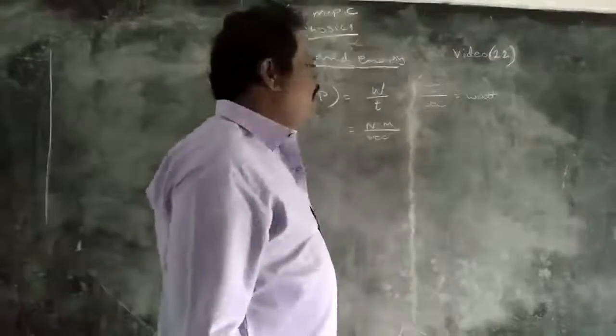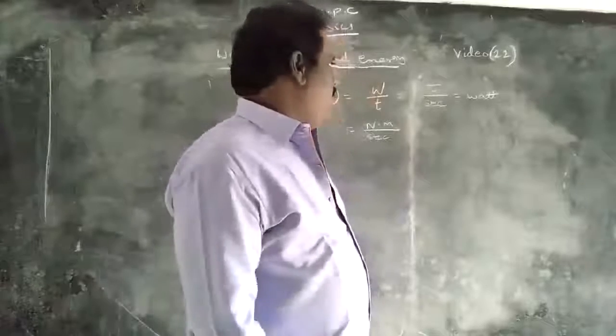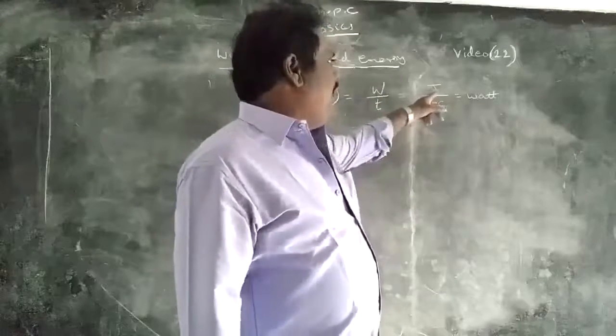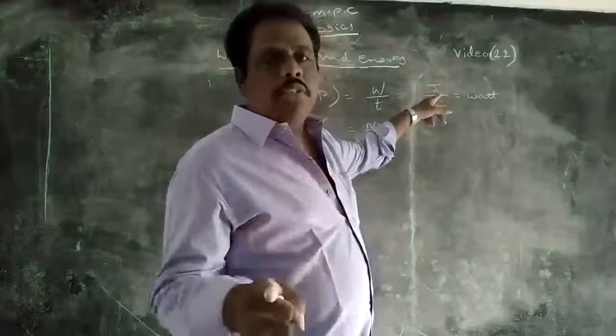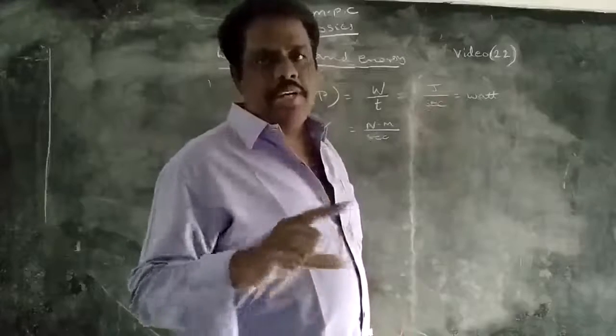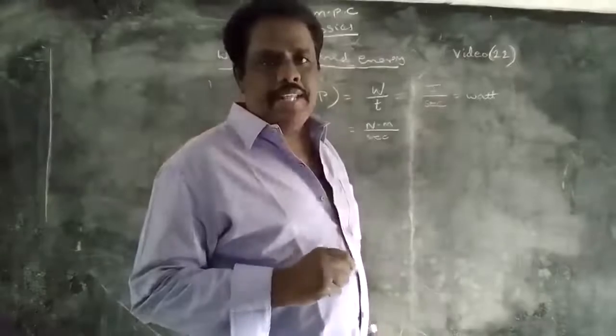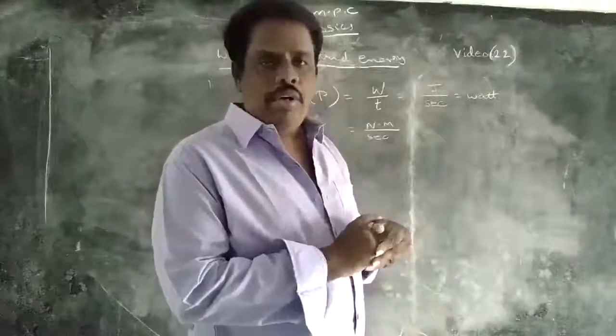What is meant by joule? How can you define a joule? Joule is nothing but, the force applied on the body should be 1 Newton. Due to the applied force, the body should displace through a distance of 1 meter. Then the amount of work done in such a case is nothing but joule.